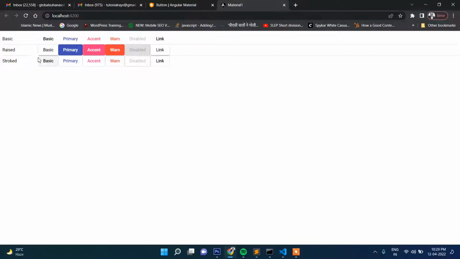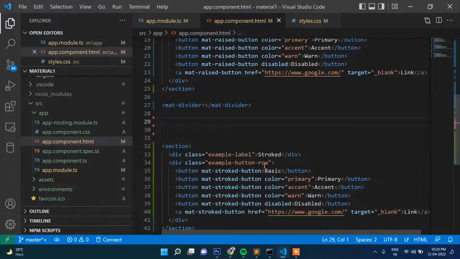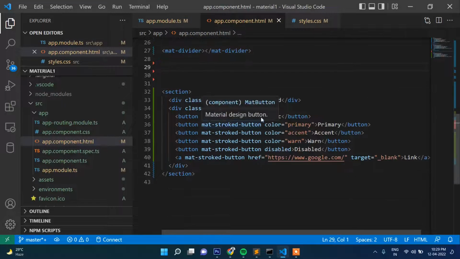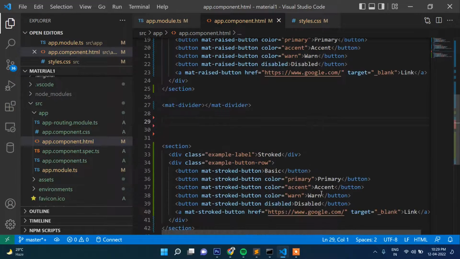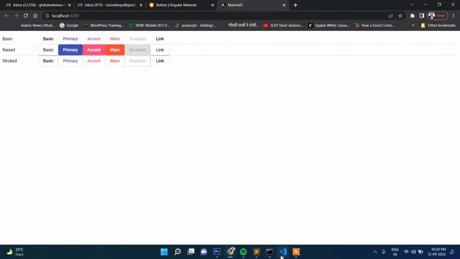Stroke means there is a border all around the button, so that is stroked. So what you need to do, simply mat-stroked and then button, and the color scheme will be the same. And then